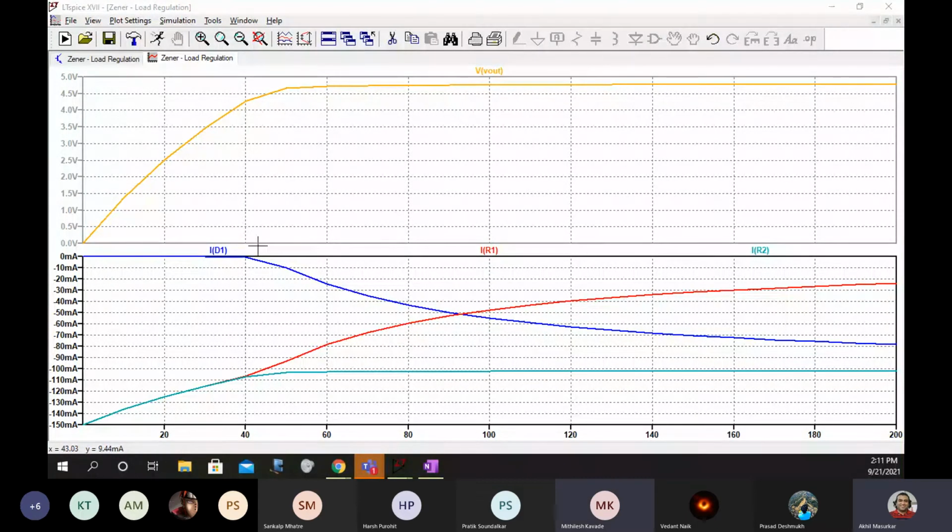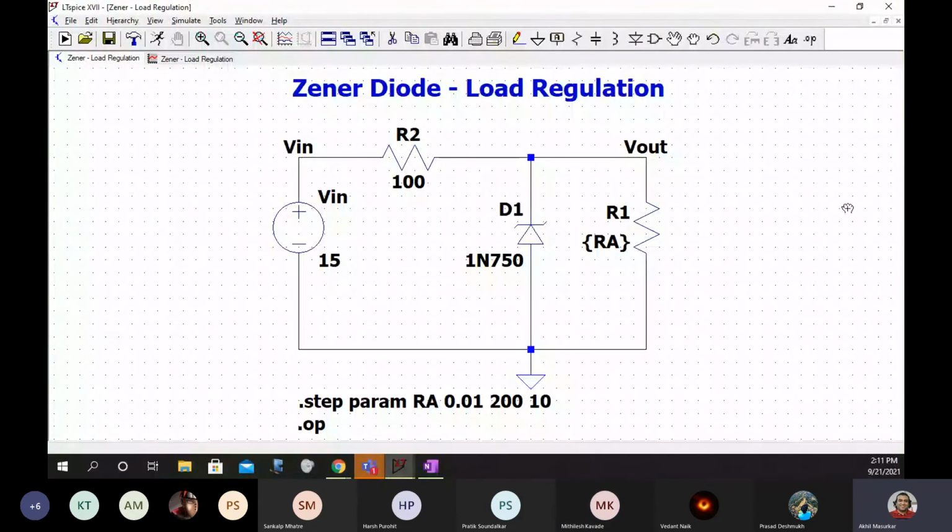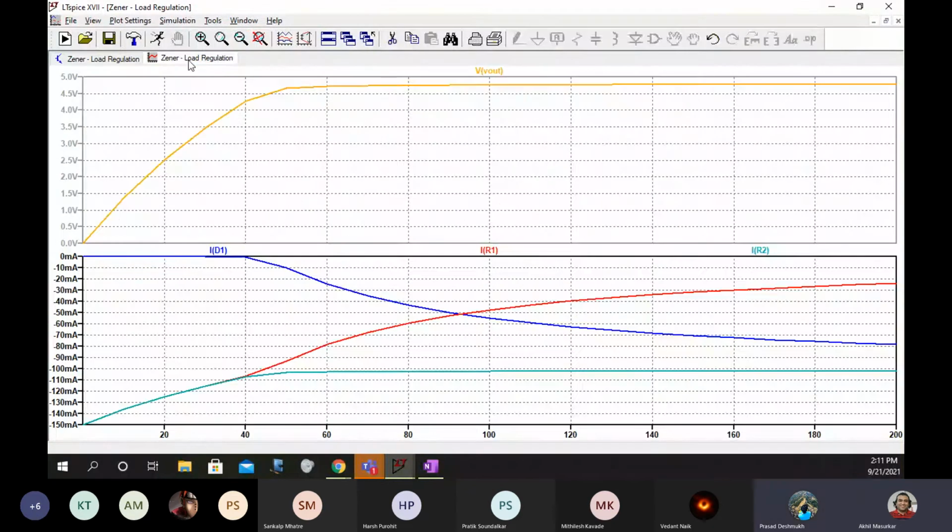Sir, I'm not getting the same graph. Sir, I'm also not getting the same graph. So that ID1, IR1 and IR2 are not intersecting. Sir, I have uploaded that screenshot of the error. See, what it means is you should understand that first thing is IR2.